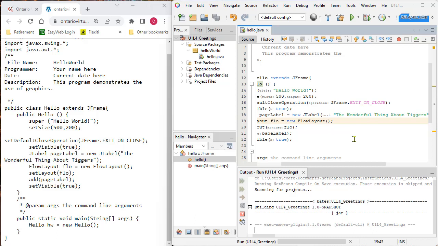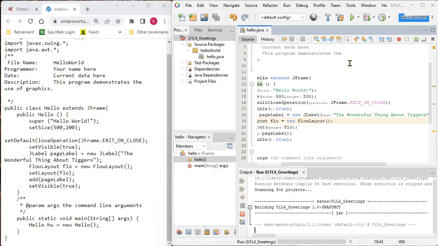All right, so now you have a great starting point to finish this assignment. All you need to do is update this J label and let me know a little bit about yourself. Once you've got everything completed and you're happy with the way it's running, making sure that there's no errors, making sure that you've cleaned up your work environment by getting rid of any packages or classes that you're not using,